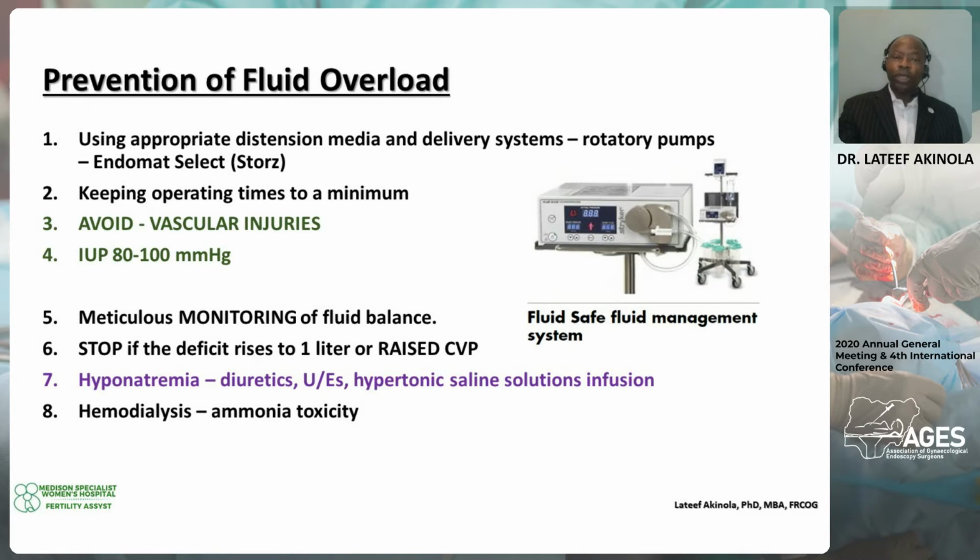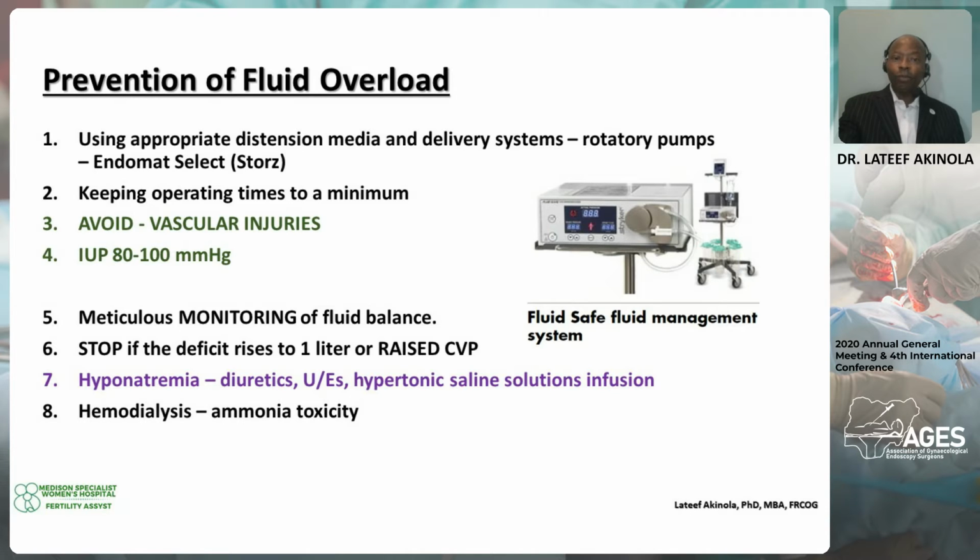You have to avoid going into big vessels, especially if you are near the cervix, to avoid cutting into major uterine artery branches. Keep your intrauterine pressure at 80 to 100 millimeters of mercury. Monitor your fluid balance meticulously to avoid overload, and you have to stop if you are running above 1 liter